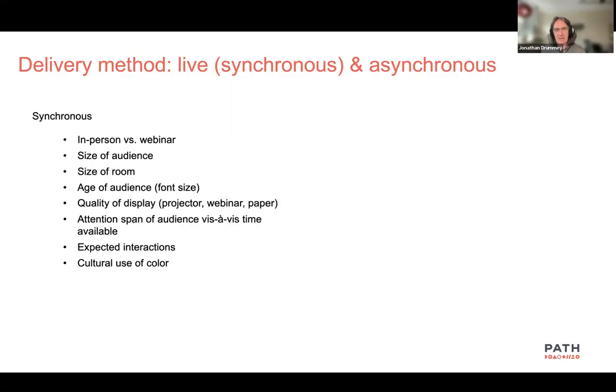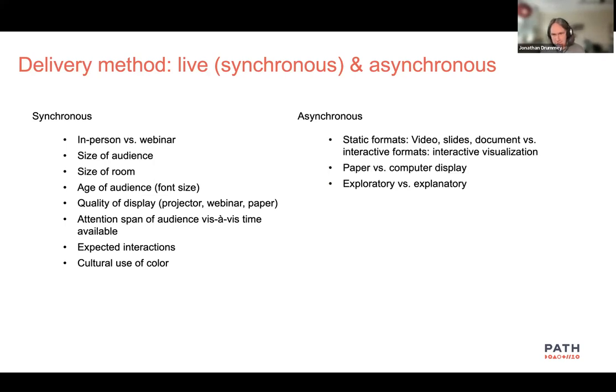So in the delivery method, like, this is a live presentation to you as an audience. I can't see you. So there's people popping up things in the chat here and there. So there's things that we want to think about when we're doing that, so we can effectively communicate with the data, like how big is our audience and how big is the room? What is the quality of the display that we're using? Because it's horrible to have a beautiful visualization that you've made in all shades of gray, and then you're presenting on a projector with a very dim lamp or bulb, and all those shades of gray become one mass of color that they can't distinguish things.